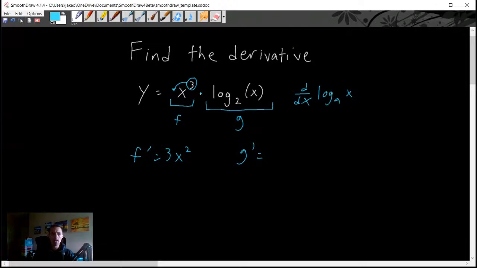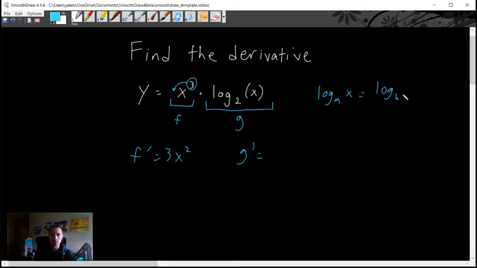You can rewrite it in the form of other logarithms that have whatever base you want it to have. So log base a of x can be rewritten as log base whatever you want. Let's say log base b